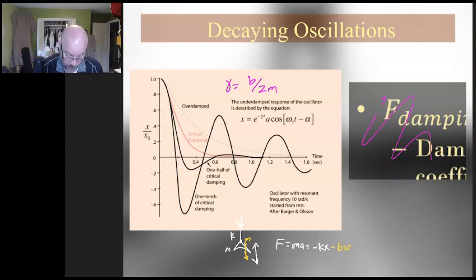And up here in our equation, that B is the same. Anyway, F equals MA. If we divide through by the mass, we're going to end up saying that A is minus K over M, we've seen that before, minus B over M onto V. And again, this is the part that's going to lead us to gamma. Now, gamma has that extra 2 in there, so be a little careful. Don't forget the 2. Gamma is B over 2M, and